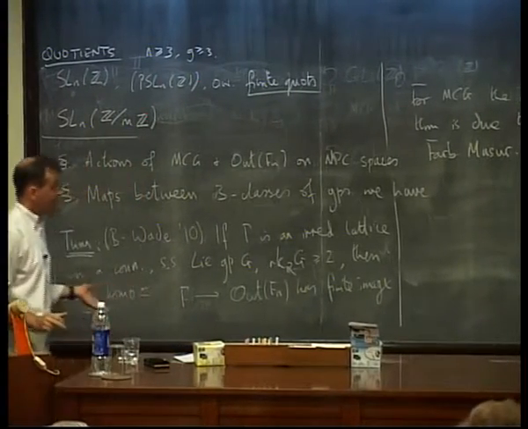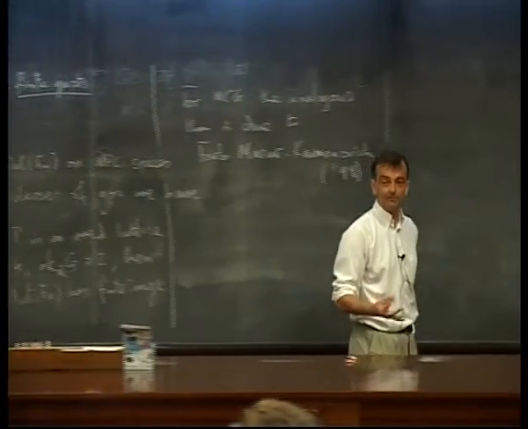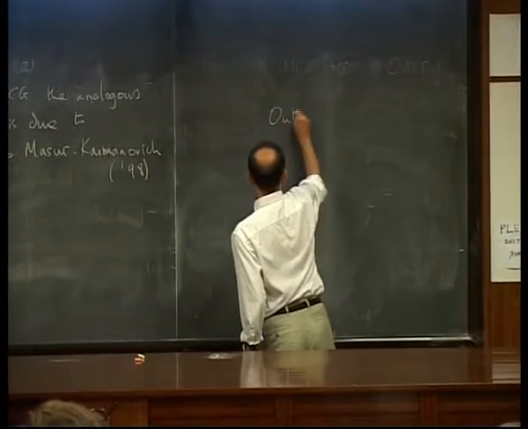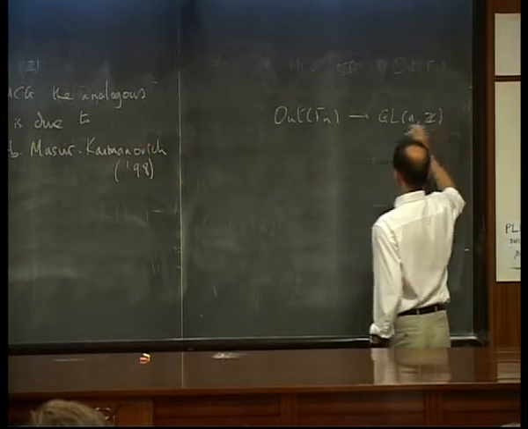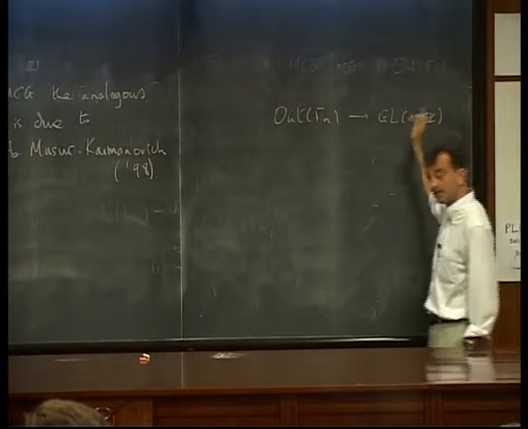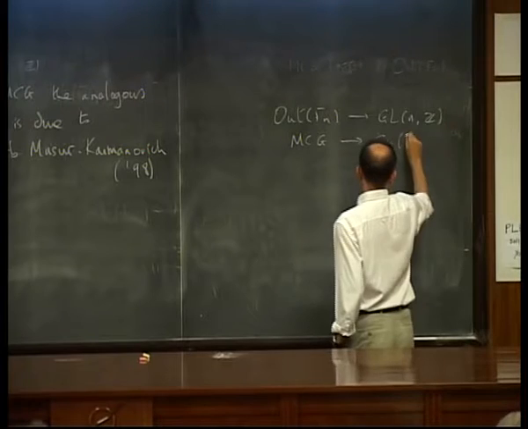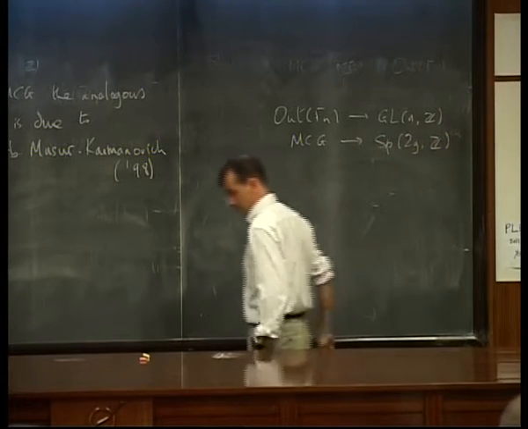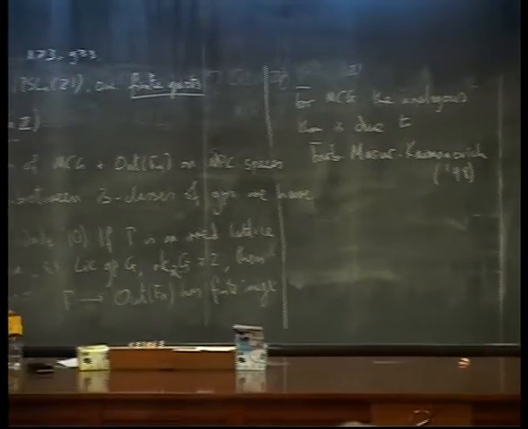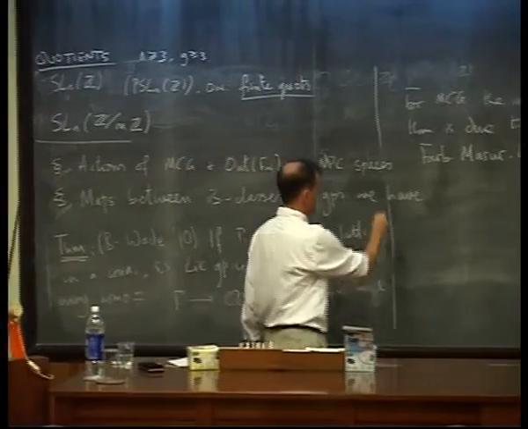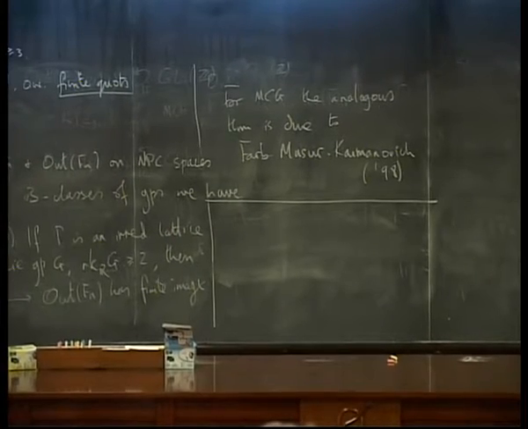And of course, both Out(Fn) and the mapping class group do have what I'd call classical actions on spaces of non-positive curvature, because you have the map from Out(Fn) to GL_N(Z), and this will act on a symmetric space. Or the mapping class group can act on Siegel space, via the symplectic group. So there are those classical actions on spaces of non-positive curvature, but they're not faithful, of course. So how can these groups Out(Fn) and the mapping class group act on other spaces of non-positive curvature?